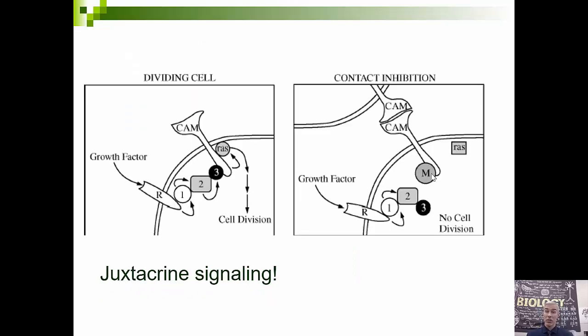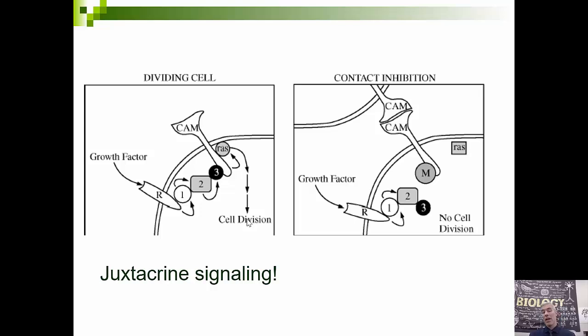There's an example of juxtacrine signaling like we talked about earlier in class. A growth factor will bind to this receptor, and if a cell is not in contact with another cell, you can see this CAM protein is how these two interact with each other to know if there's something called contact inhibition, which inhibits this process. So if there's no cell here, this receptor activates this protein, which activates this protein, which activates this protein, which then goes and activates RAS, and RAS, through a signal transduction pathway, eventually triggers cell division if it's not in